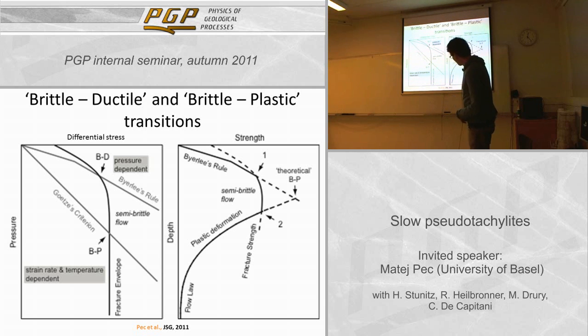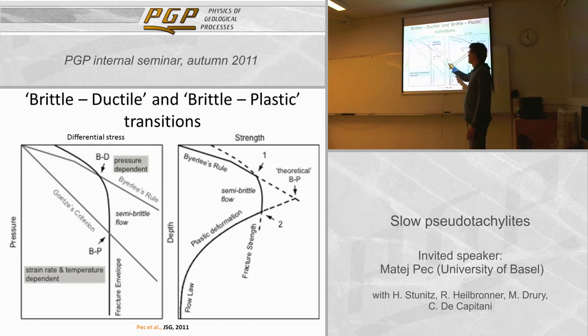And the last black curve is the fracture envelope, where we have some von Mises yield, and at some point the rocks reach their maximal compressive strength and reach the von Mises yield criterion. So based on this diagram we can define two transitions. The first one would be the point where Byerlee's rule intersects the fracture envelope, the so-called brittle-ductile transition,